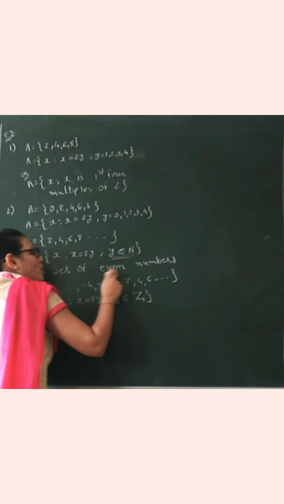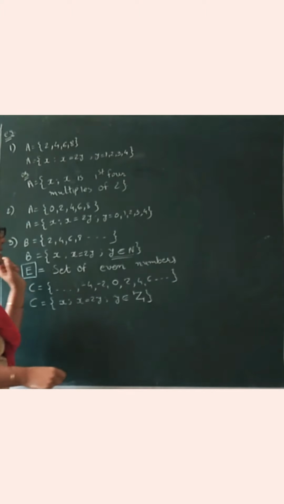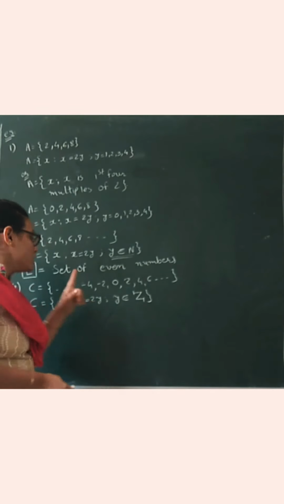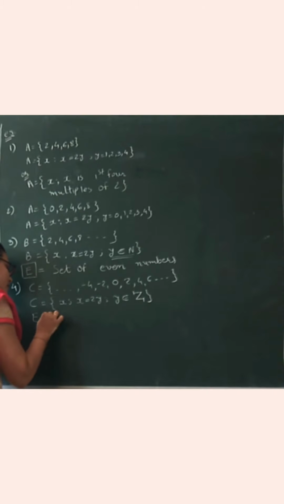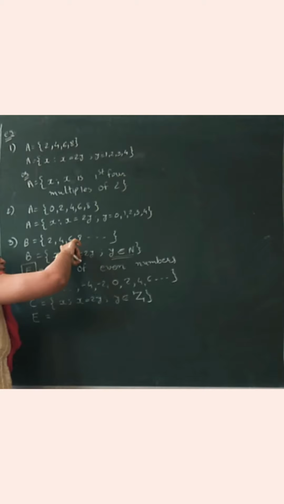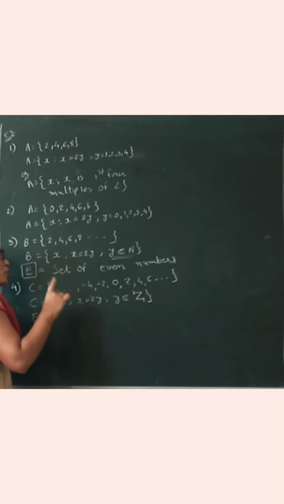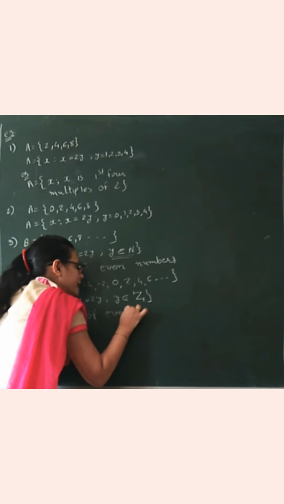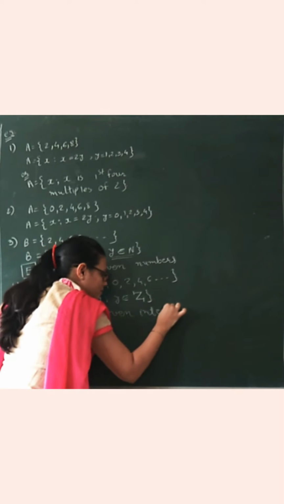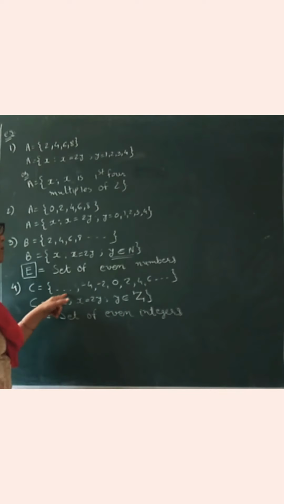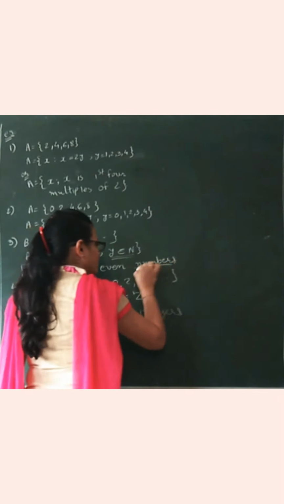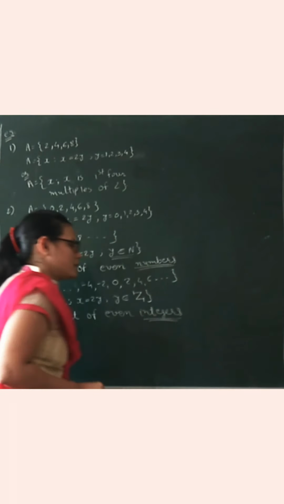जब हम बोले set of even numbers मतलब itself it says that हमें सिर्फ positive integers लेने हैं. ठीक है, again this is also called set of E. जब कुछ भी given नहीं है तो आपको सिर्फ positive numbers लेने हैं. जब आपको given है that E is a set of even integers, then you have to take minus and 0 also. देखिए, this is the difference.